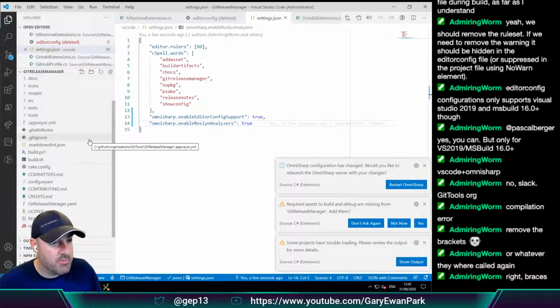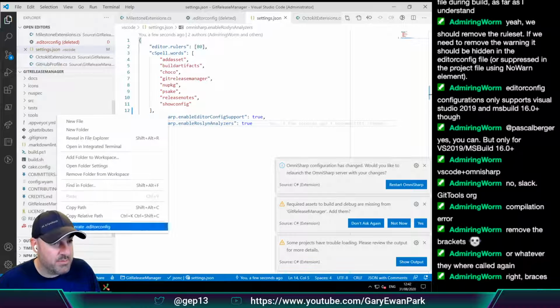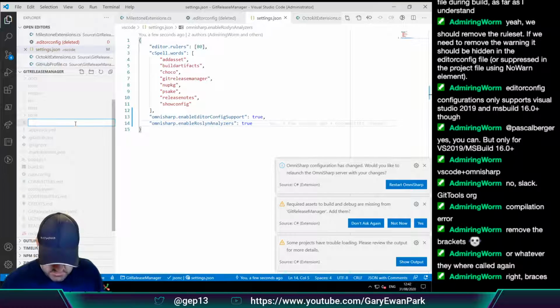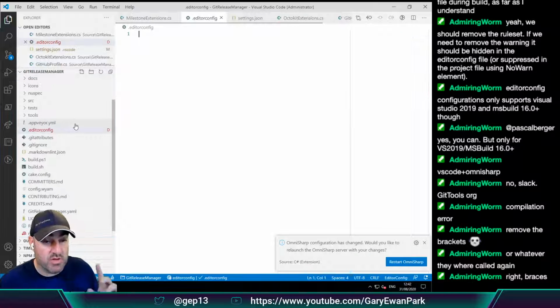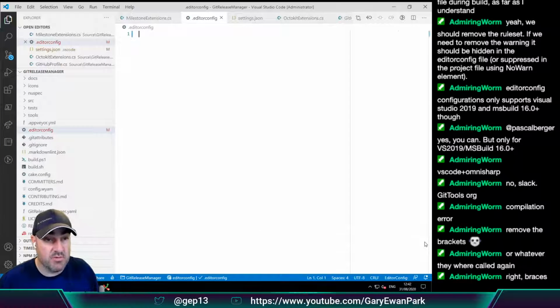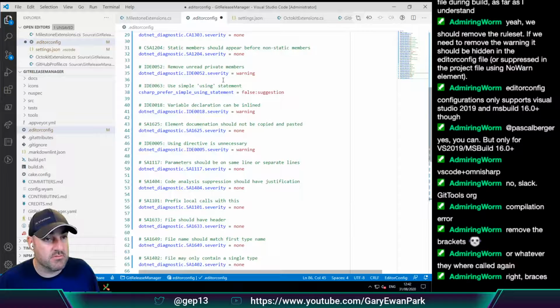So I'm going to unashamedly steal his baseline editor.config file, and then we can tweak it as we find we have a need for it. Okay. So let's grab this and we'll put that into there, right?